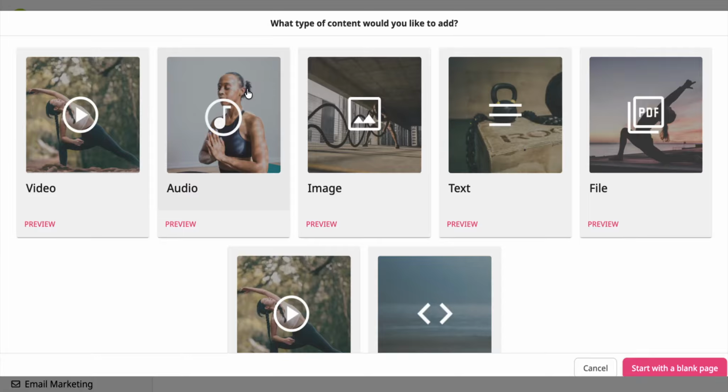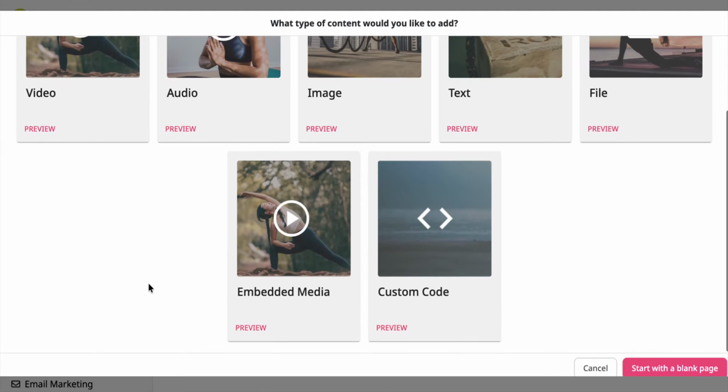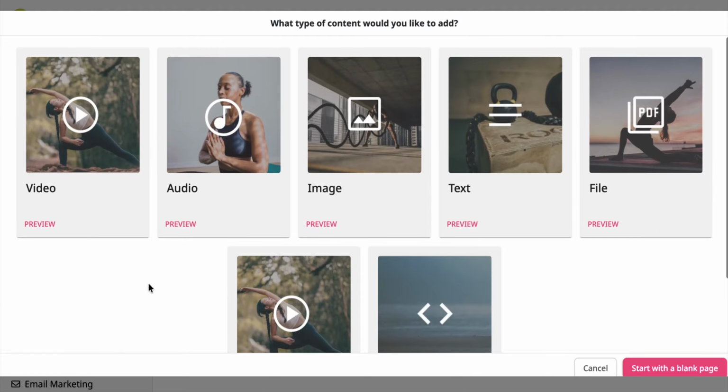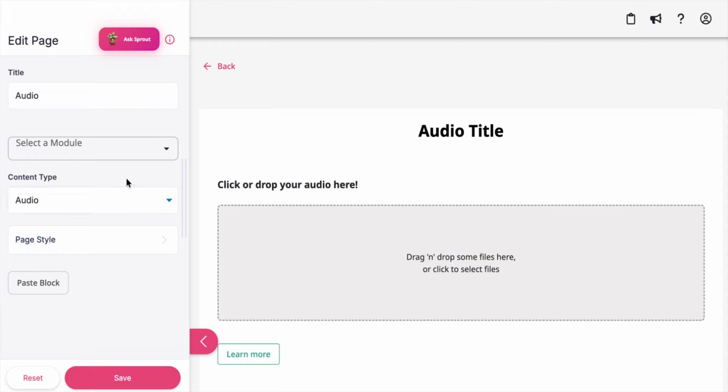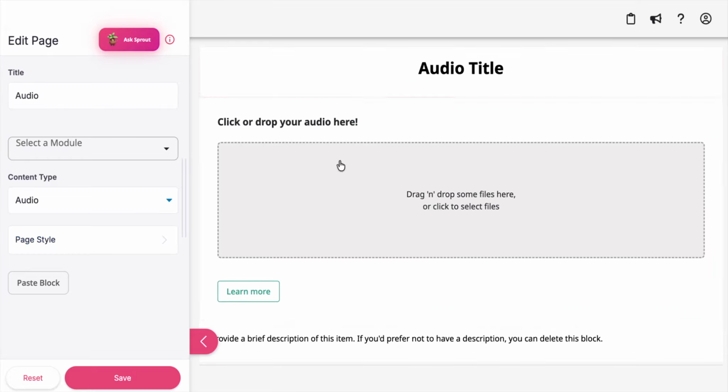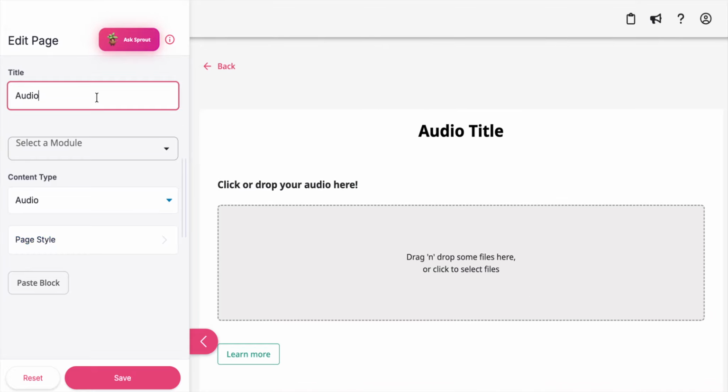We're just simply going to create the item, and it is going to be like a page builder, but you can decide right away what type of file you're going to add to this item. So in this example, we want to add an audio, unless maybe your meditation also has a video guide, but in this one, it's going to be an audio. The good thing of this is that it's already giving you a little bit of guidance of how to set this up, but you can give it a title, so it will be that same title as your store